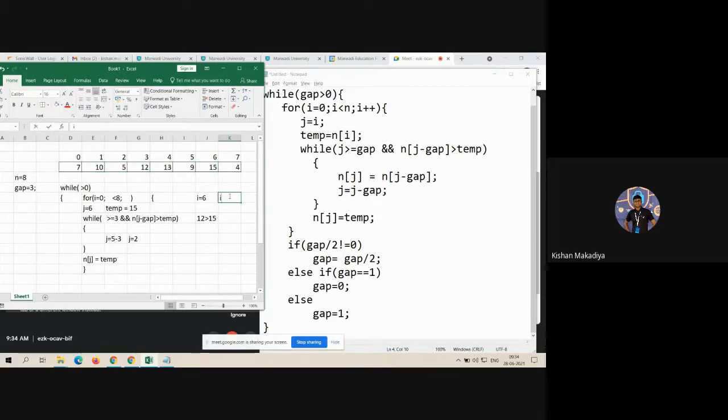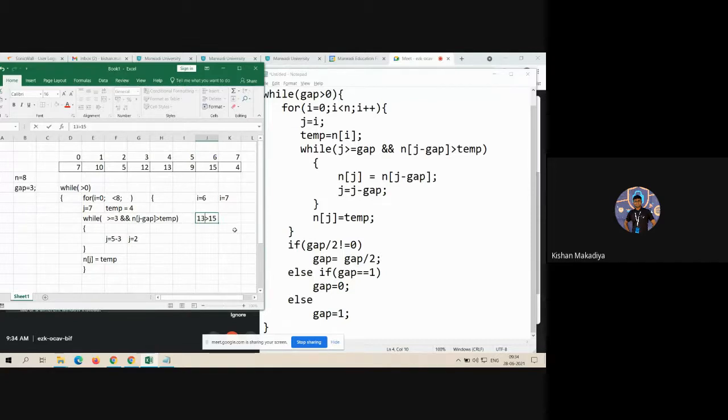Now next, I is equal to 7. 7 less than 8, condition true. j is equal to 7. Temp is equal to 4. Take the condition. 7 greater than or equal to 3? Yes, condition true. Now here, 7 minus 3, n of 4. What is n of 4?